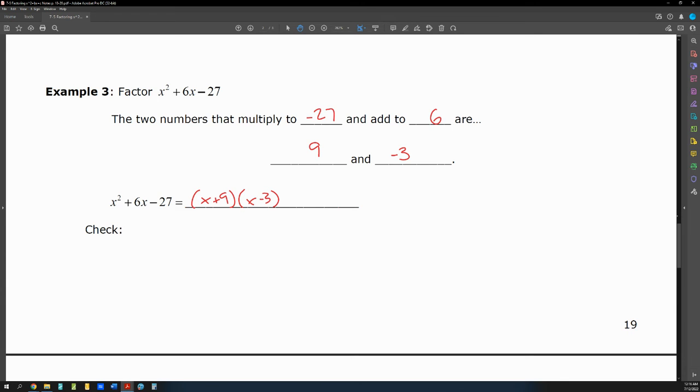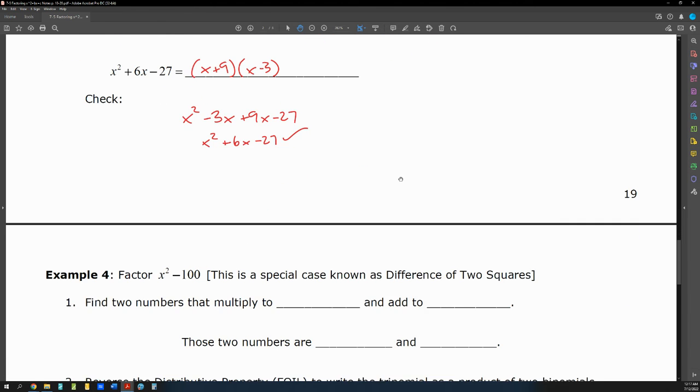Let's check our work. First, outer, inner, last. First, x times x is x squared. Outer, we get negative 3x. Inner, we get 9x. And last, negative 27. Combining like terms, we get x squared plus 6x minus 27, which checks out. All right, go ahead and flip the page. Now we will see some